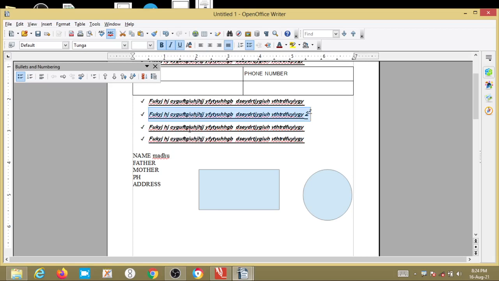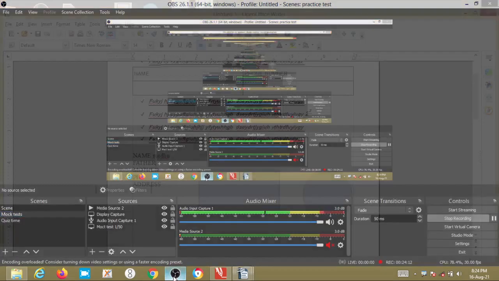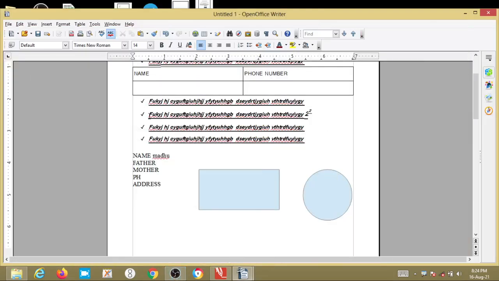Clear? If you click three times with your mouse button, that complete sentence will get selected. So in order to select a complete sentence, what are the ways? Either using the mouse from first to last, you can select, or by clicking on the first letter, holding the Shift button and pressing the End key. This is one way.